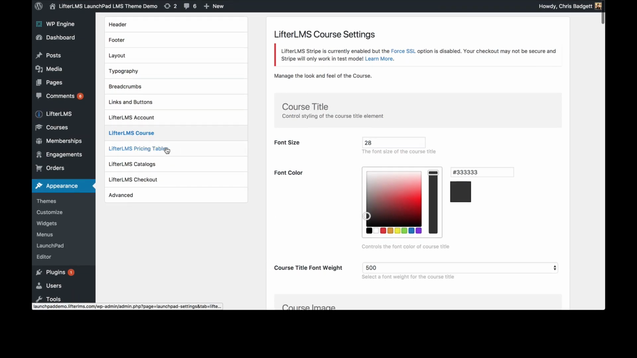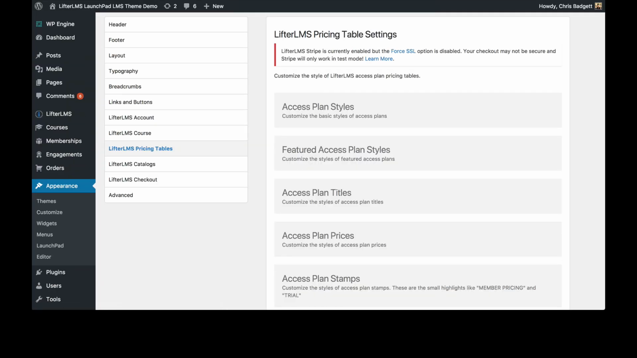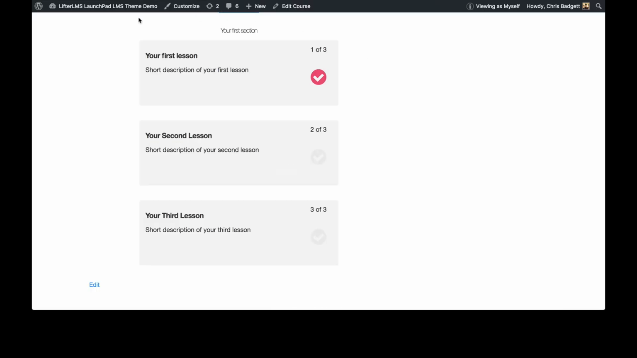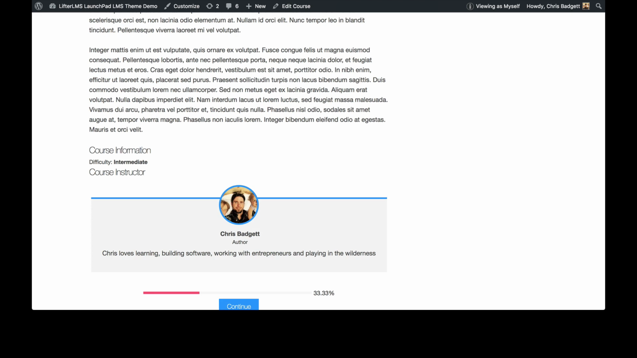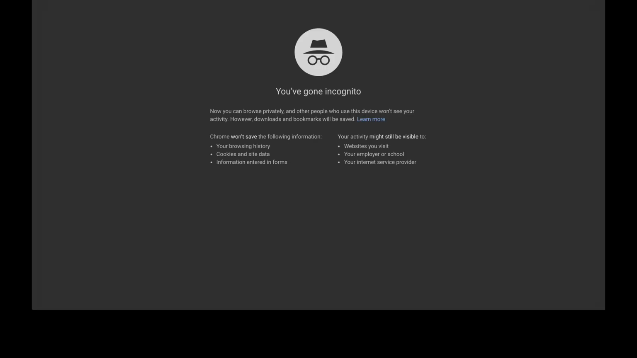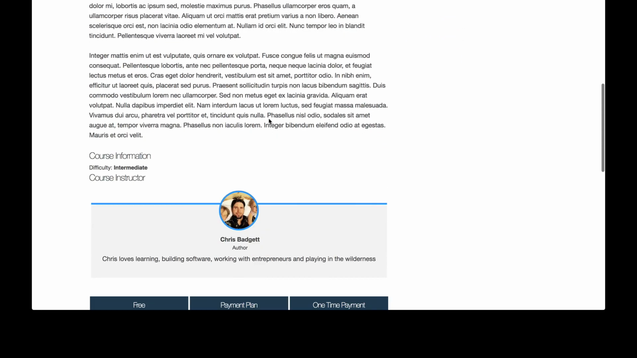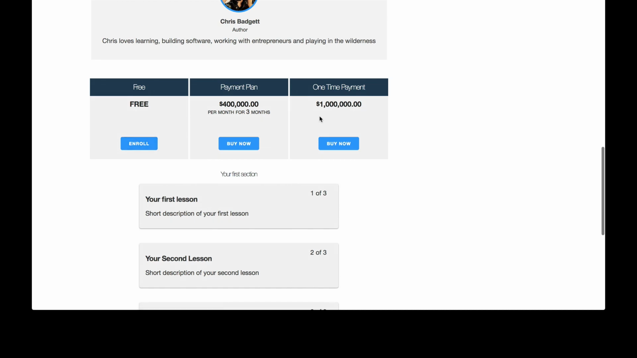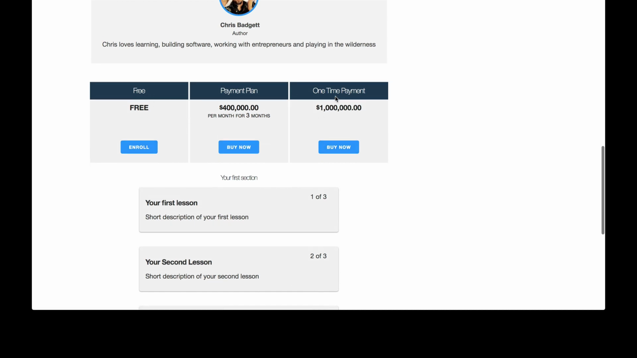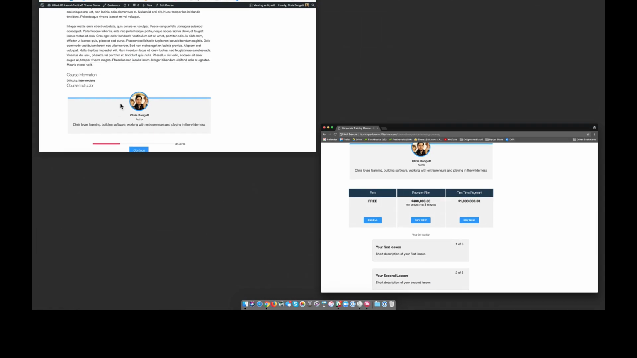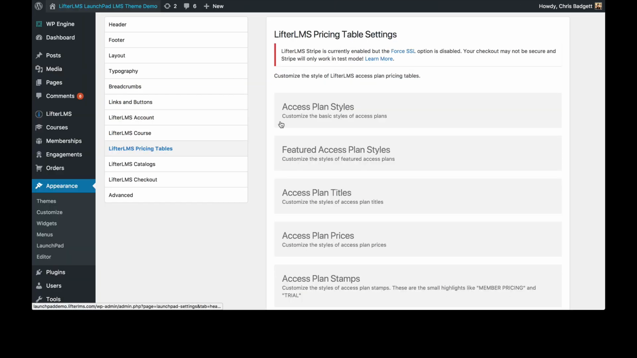And now if we go to the pricing tables, I think I need to log out to show you these. Let me actually open an incognito window here. And now if I look at the course, you can see these pricing tables are here. I've got 3 access plans set up here. And if I want to play with the settings for those pricing tables,